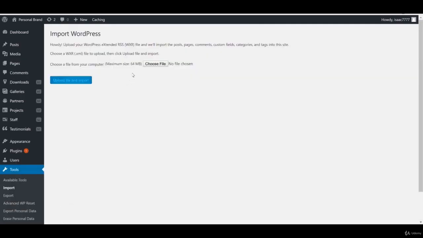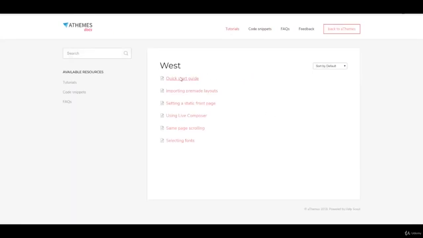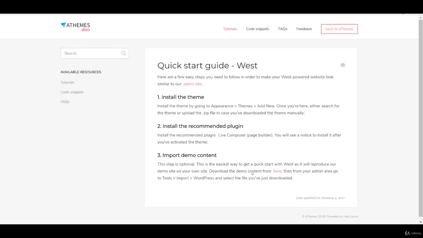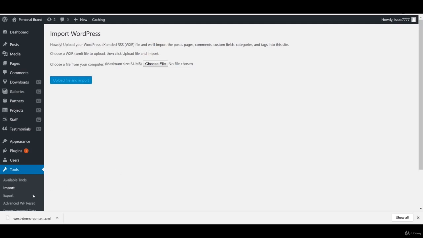so what we want to do to get our demo content file, we're going to go back to our area here of our theme, and we're going to hit documentation, and we're going to hit quick start guide, and you'll see here it's got to download the demo content from here. So if we just click that, what it's going to do is now give us the demo content file. So we go back to our importer here and simply drag it and place it there. Okay, and then we just click upload file and import, and